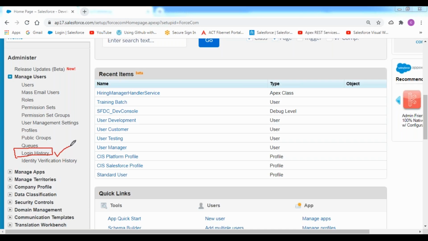Everything we can track. We can track the complete history of that user's login information. Now let's see practically.